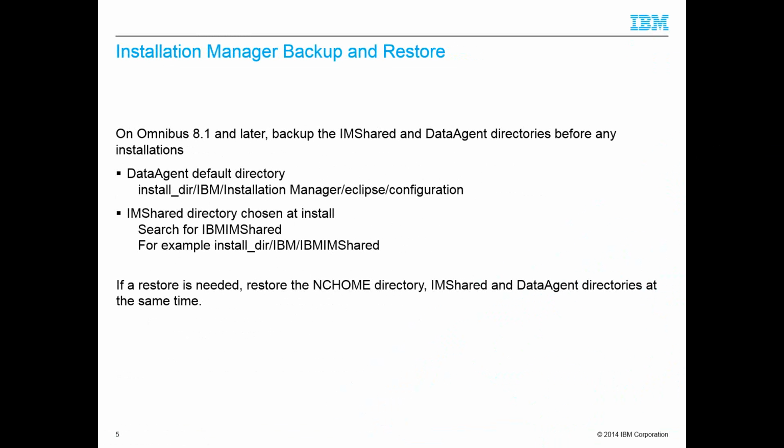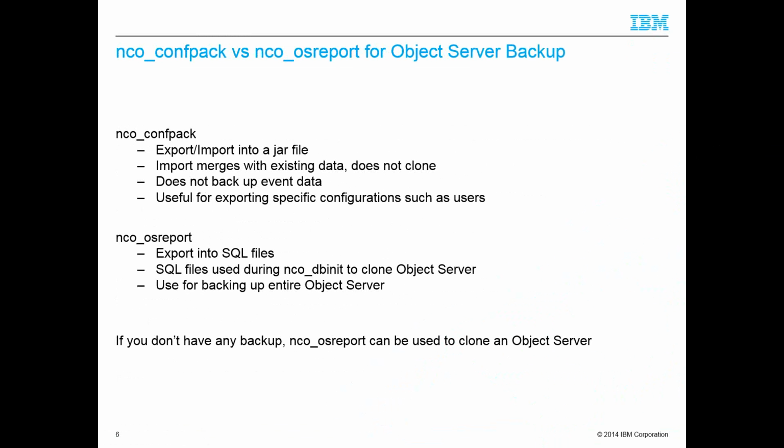So if you ever need to restore when you have the Installation Manager, you can restore the NC Home directory, the IM Shared, and the Data Agent directories at the same time. But as I mentioned, Installation Manager is better in that it has a rollback option. So before doing a manual restore, it's better to try to use that rollback feature. So that covers the Deployment Engine and the Installation Manager installer backups. Now I'm going to move to the object server